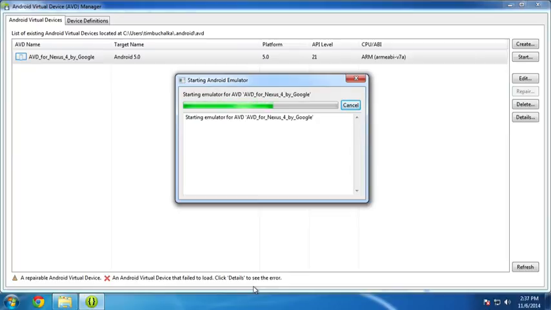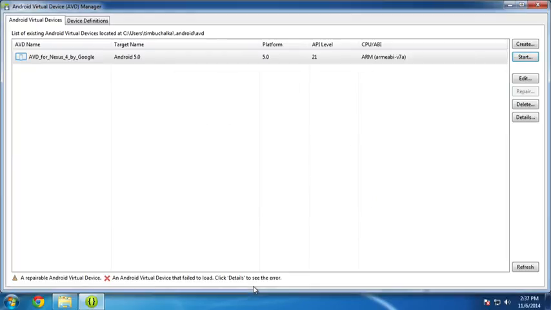So you can see we're not getting any errors. That's a good sign. We'll just wait till it actually boots up. We should get it on the screen shortly. So the worst thing about this emulator that's not sort of sped up is it takes a long time to start up. Once it's started, it's not too bad. So if you get into the habit, when you're developing, to start it up first thing, it's not anywhere near